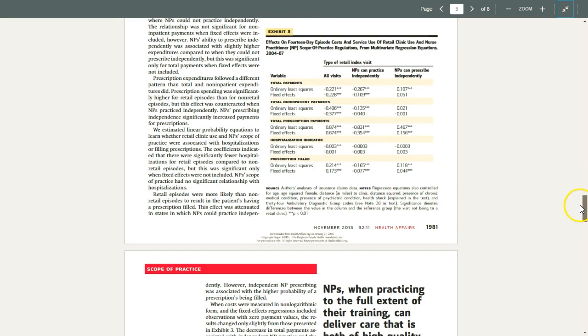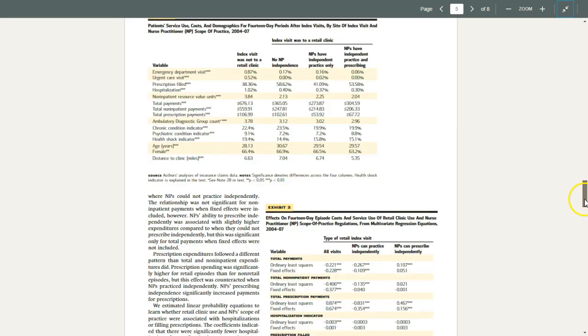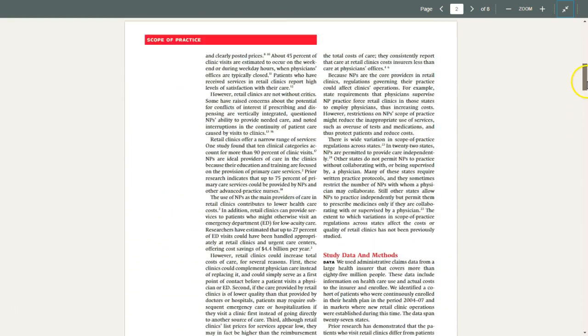And more importantly, how we use some of this information to look at different types of regression models, so OLS, ordinary least squares, just to explain what might be influencing. In this case, we looked at whether retail clinics had an impact on payments, as well as hospitalizations, and generally the statistics were great for retail clinics. This is a nice paper, very highly cited, that came out in 2013,